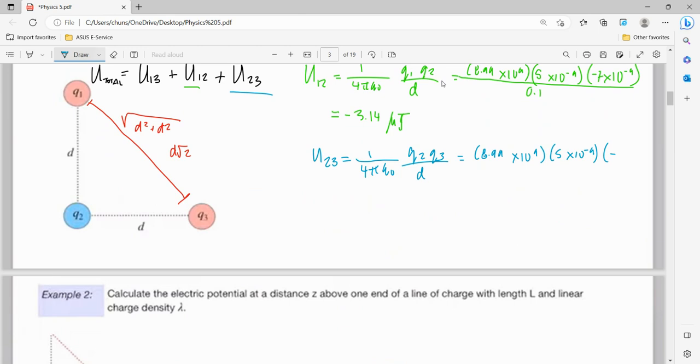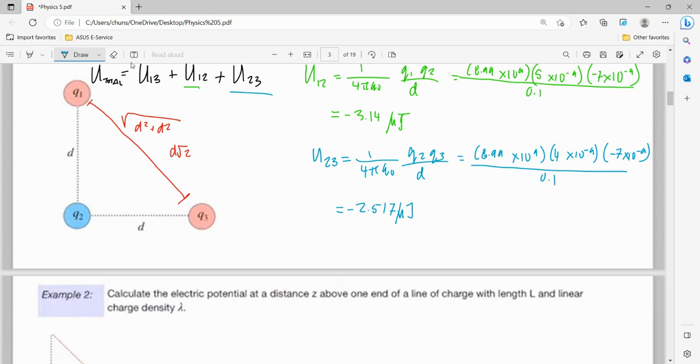Q3 is 4, my bad. Times -7 nanocoulombs. And our separation distance is 0.1, so it's 8.99 times 10 to the 9 times 4 times -9 times -7 divided by 0.1. And this is negative 2.517 times